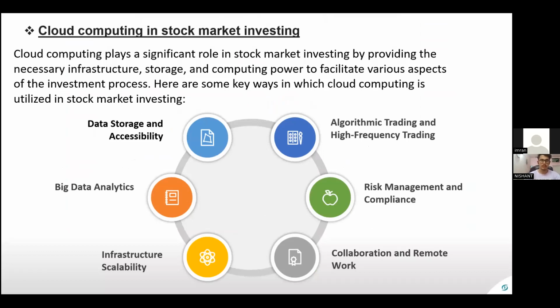So cloud computing plays a significant role in stock market investing by providing the users with necessary infrastructure, storage, and computing power to facilitate various aspects of the investment process. So here are some of the key ways in which cloud computing is used in stock market investing. The first way is data storage and accessibility, algorithmic trading and high frequency trading, big data analytics, and various other